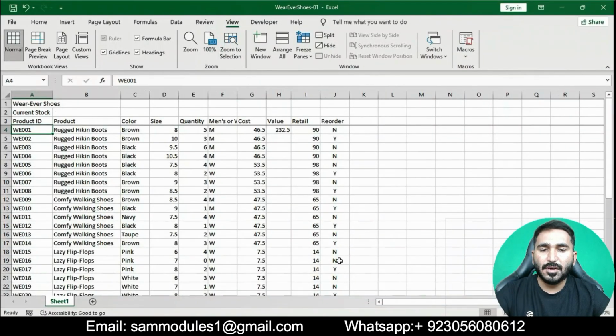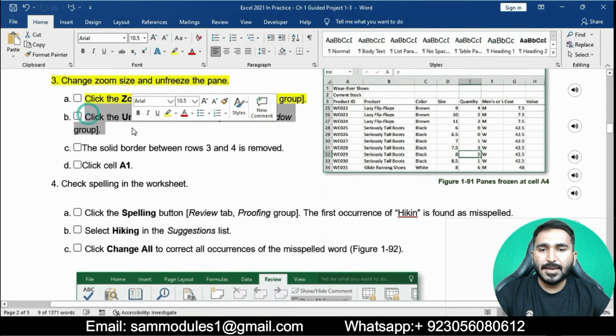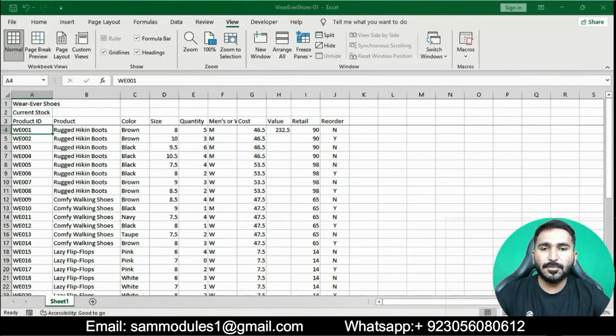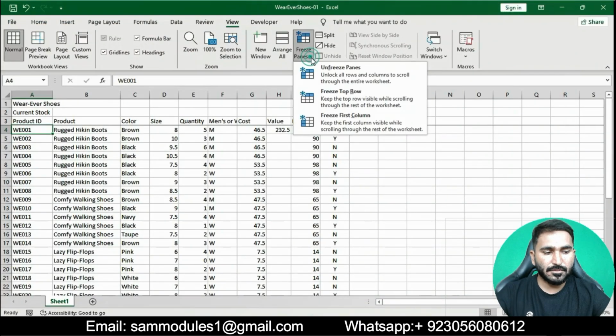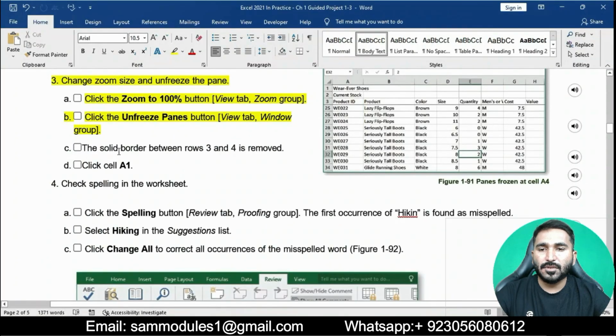Now click the Unfreeze Panes button. Go to the View tab in the Window group and click Unfreeze Panes.